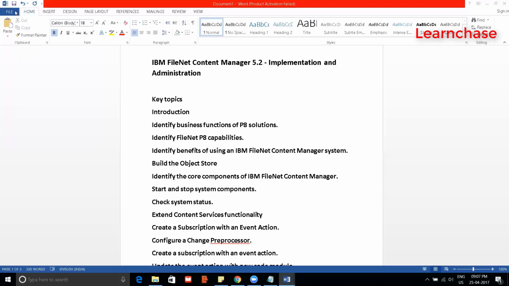So for FileNet administration, you have to be good in all the products. You have to be good in Windows, Unix, and databases. Everything related to the system, you have to be good at. There are a lot of issues which can occur, like slowness, which you have to identify. Where does the slowness come from? It can be from the database, the server, or it can be a network issue as well.